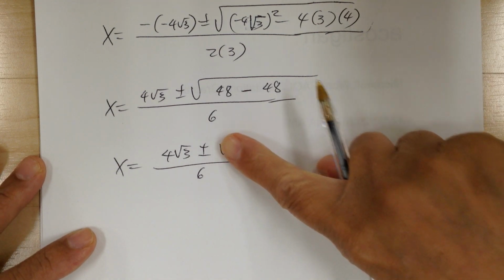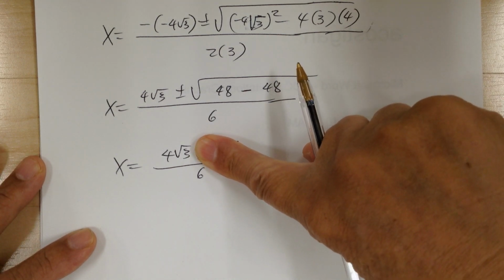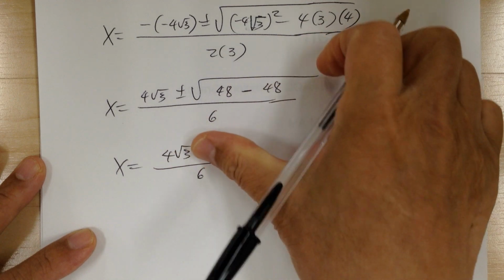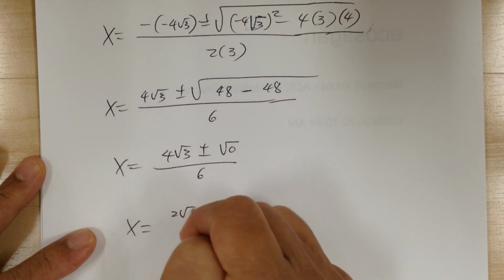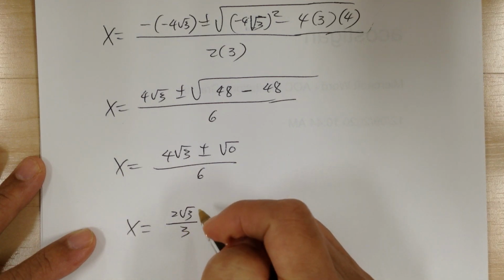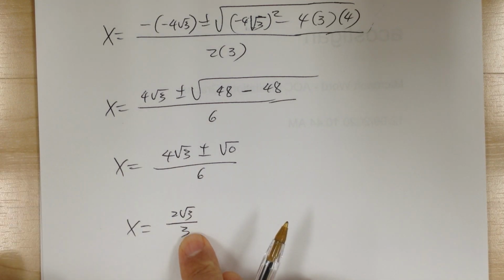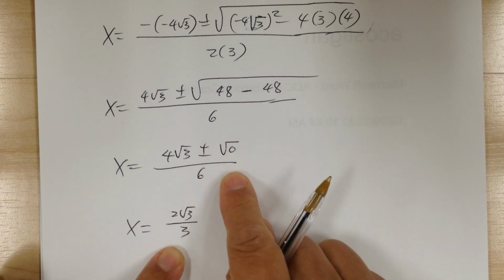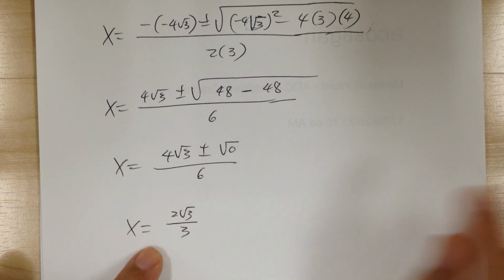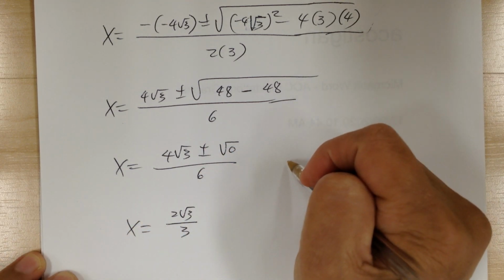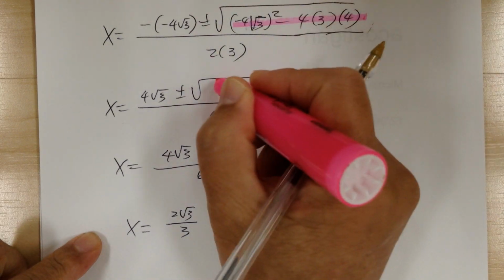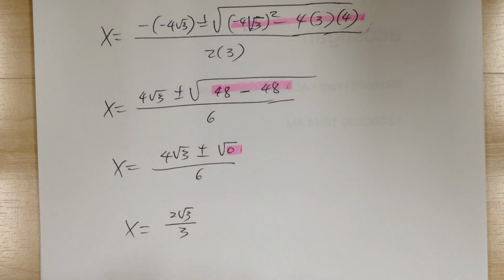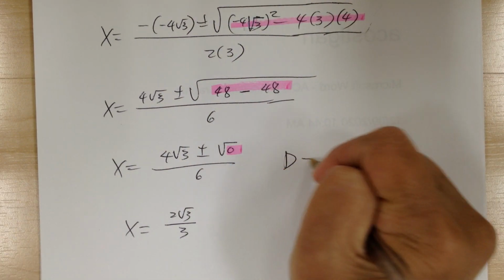So when it's equal to 0, this will cancel out, and so there's no more plus or minus. So x will equal, reduce by 2, you're going to get 2 square root of 3 over 3. Again, there's no plus or minus. So you can see that when D, again, this is the D part, equals 0,